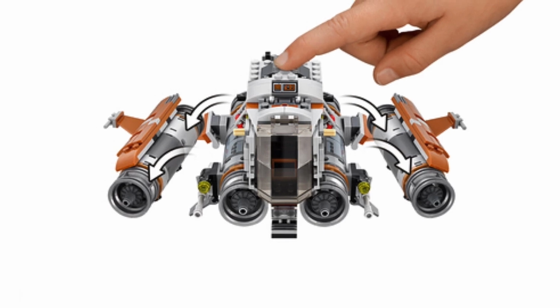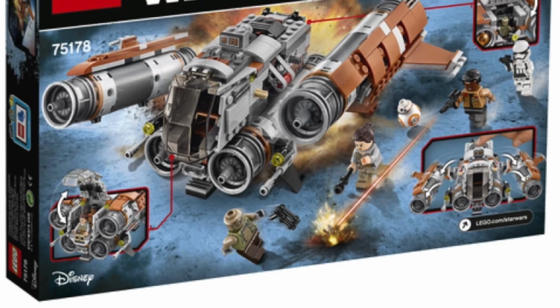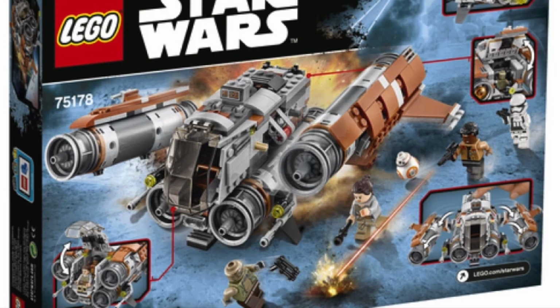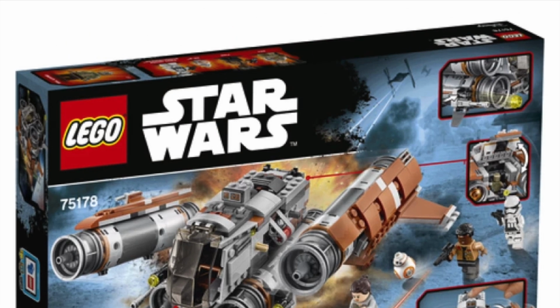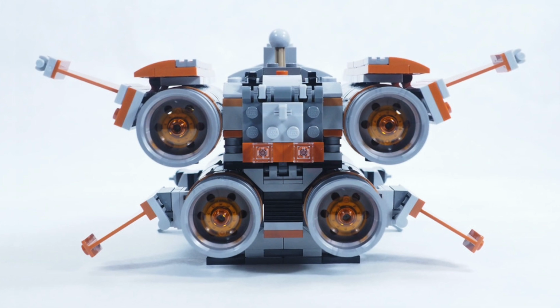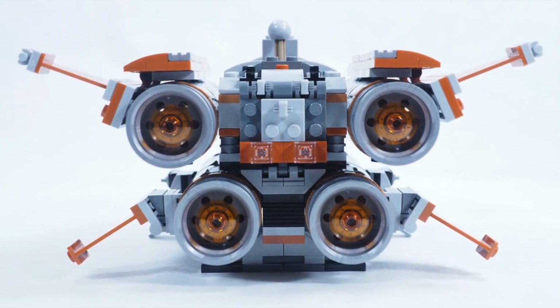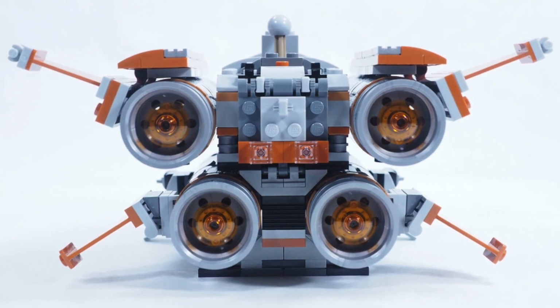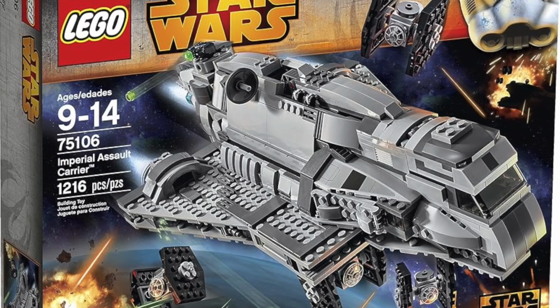I mean, this set seriously deserves way more attention than it ever got, because it's just so well built, it looks so sleek, the color scheme on it is just awesome. I love that it's not just a boring gray or blue or white or whatever. It's got this cool sand orange. This is honestly a really, really good set. Highly recommend it. And that brings us to what I think is the best set that everybody always forgets about,